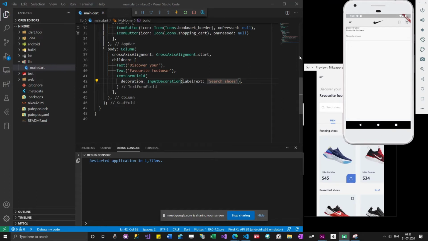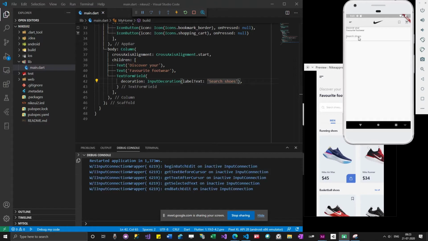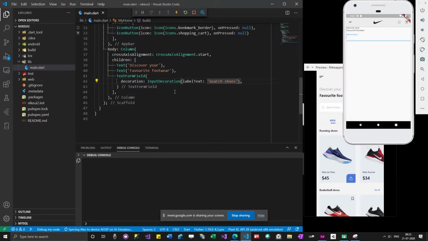So you can see the text is added. This is a placeholder text. When I click here, you can see the text is moving to the top. Let me refresh it.